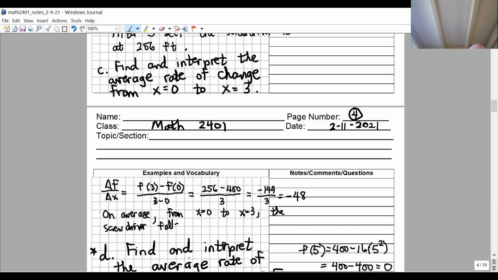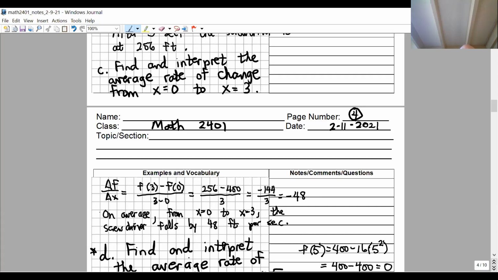It's falling because this number is negative, right? So the screwdriver falls by 48 feet per second, because we're measuring the height in feet and the time in seconds. Does that make sense to everybody? Okay, so over the first 3 seconds, from x equals 0 to x equals 3, the screwdriver is falling by